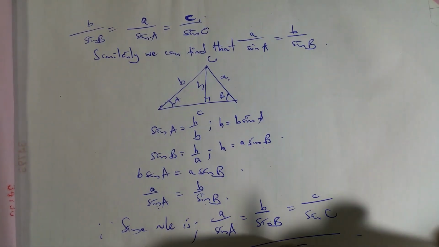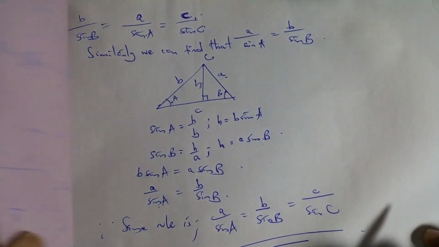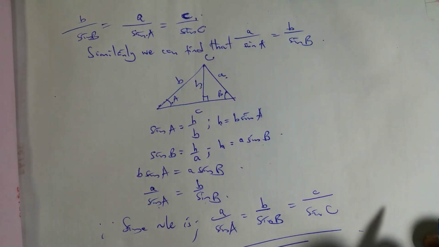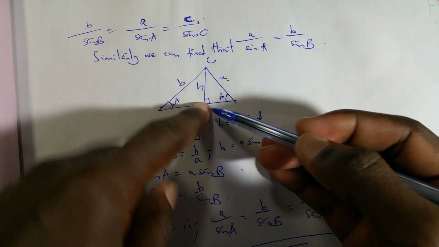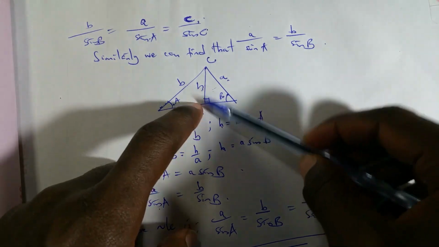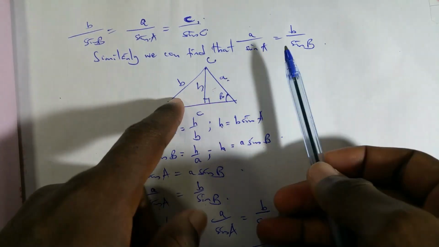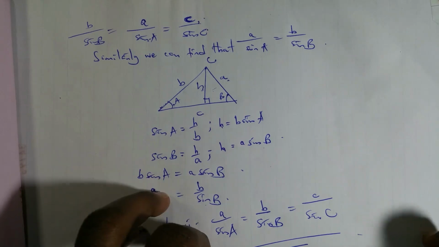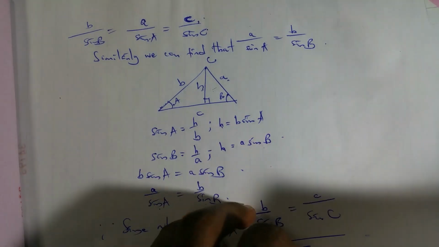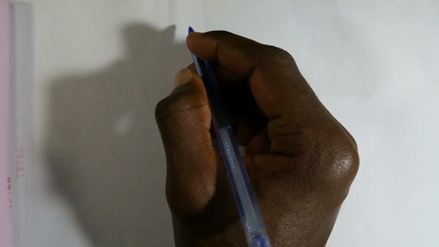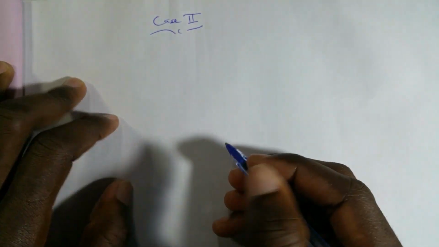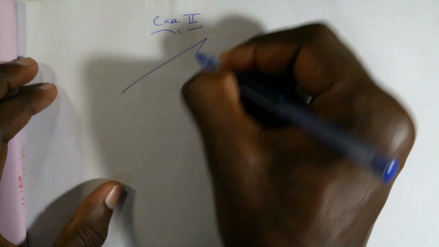Let us check for another case here. There are two cases. Remember, in our cosine rule we looked at two cases. One case was when we created this perpendicular inside, and another case is when this perpendicular can't be created inside, but you just have to try to create it outside. Let me draw for you that case. Let me say case 2. Okay, there are cases when we have something like this,